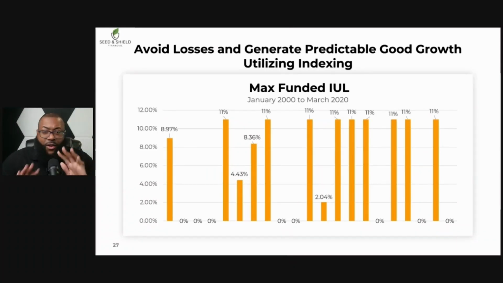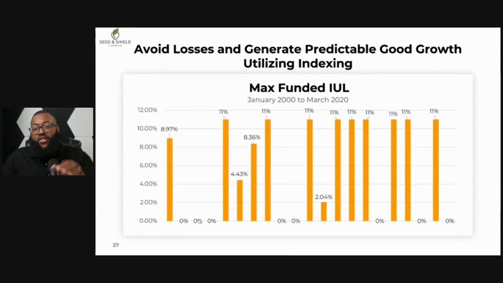But this is where things go completely different. When those rapid losses start to hit the person that's actively in the market, this person who has an IUL stays flat. Now their account doesn't go to zero. This is what the increase would be. The increase would be zero. Now, wouldn't you take zero over negative 10? I know you would. The market underperformed again in 2002. But guess what? This person didn't lose a dime.